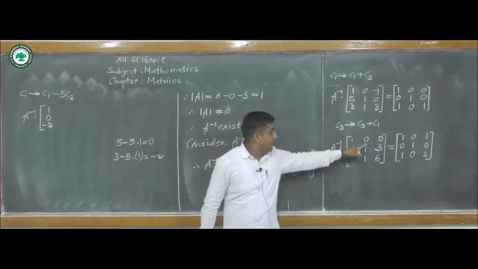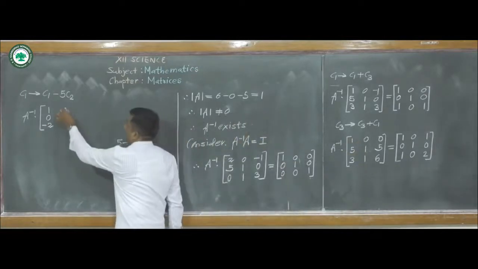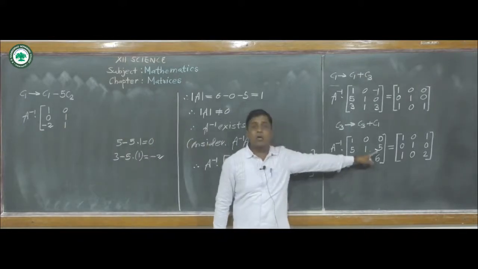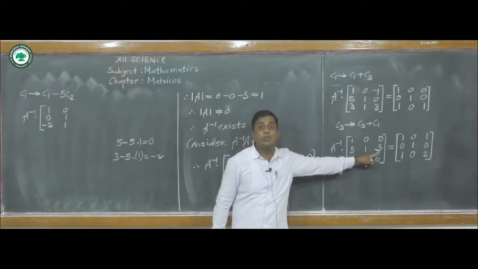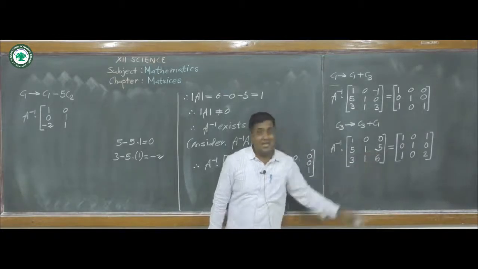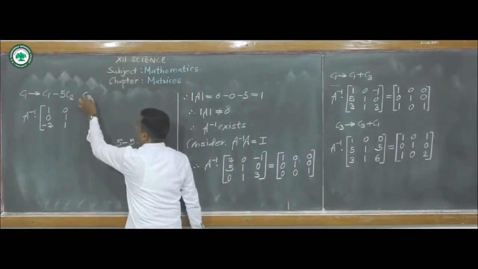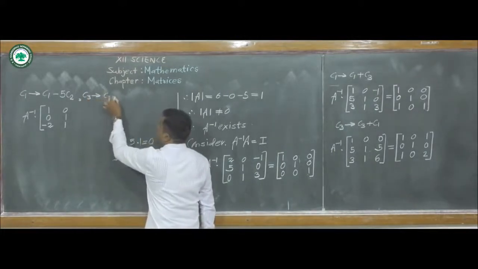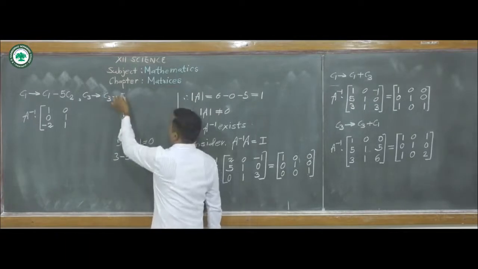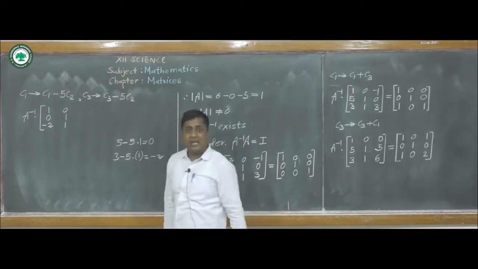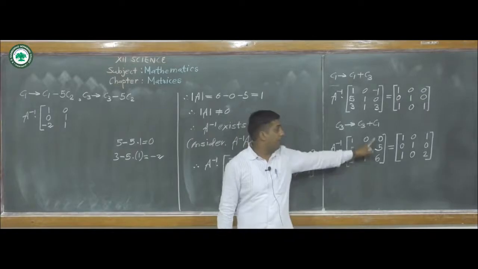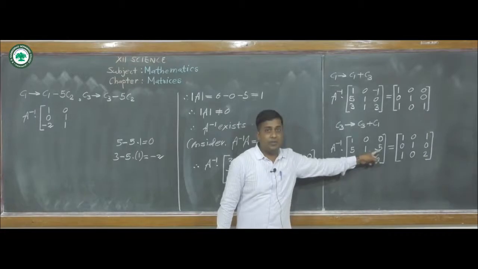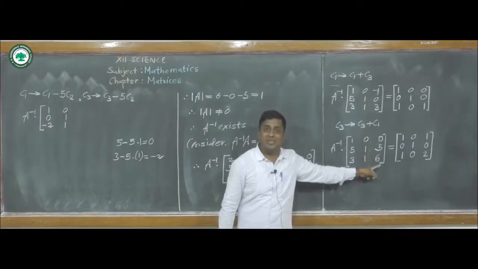Now we keep this second column as it is, 0, 1, 1. Now the change is in the third column. We have to reduce this 5 to 0. Again to reduce this to 0, we perform a transformation. Here the change is in column 3, and the change is C3 minus 5 times C2. That is, we multiply each element of the column second by 5 and we subtract this from the elements of column 3.